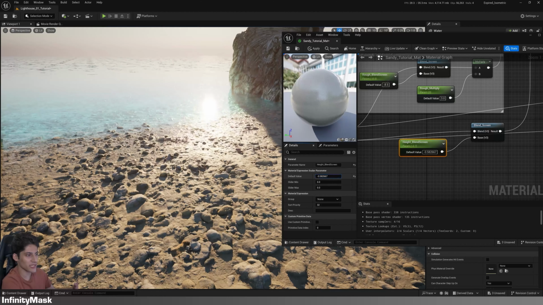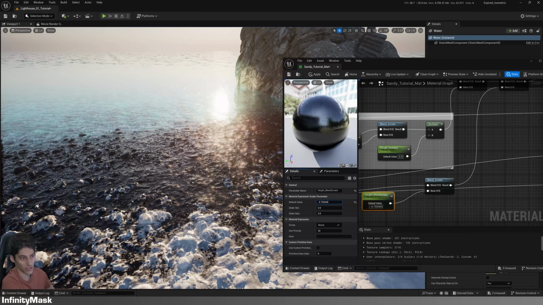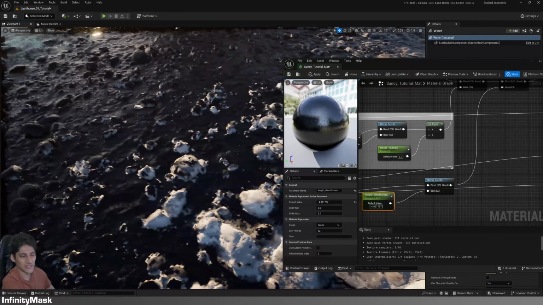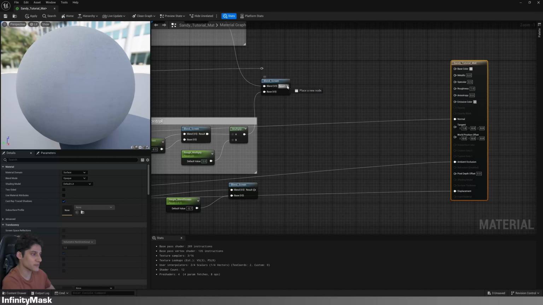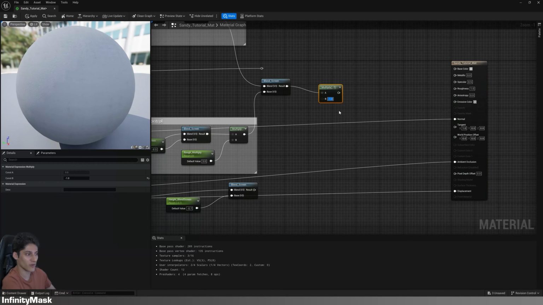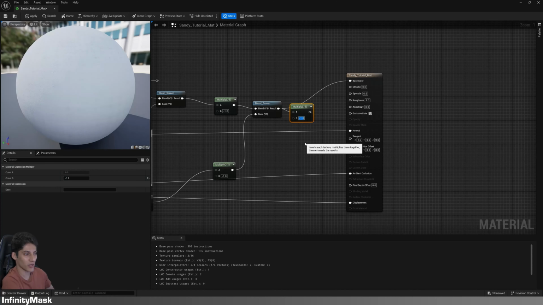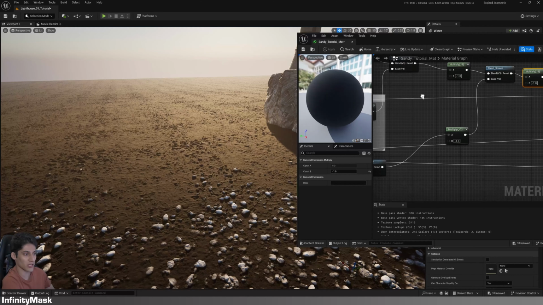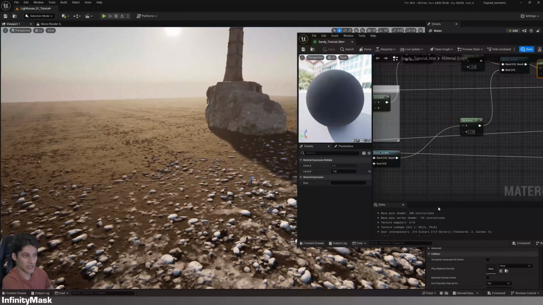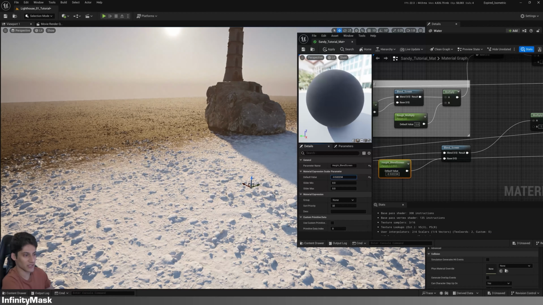Notice that height blend screen value is not blending well. Sometimes the tops of the rocks are black or wet, while other parts are white or dry. To fix this, multiply both results by -1 to invert them. Use blend screen to blend them and invert again by multiplying the results by -1. This produces a beautiful effect.